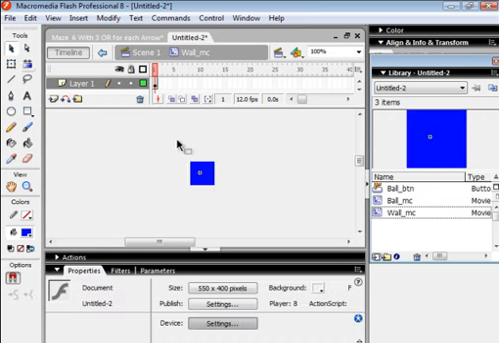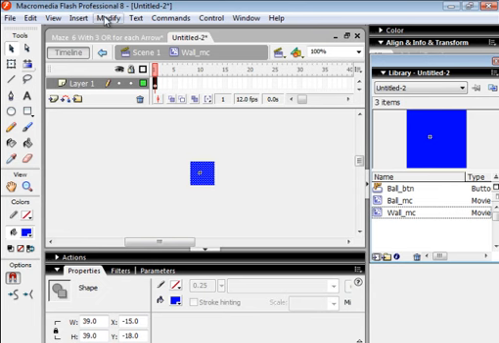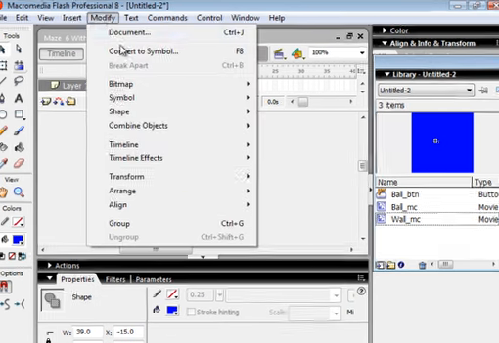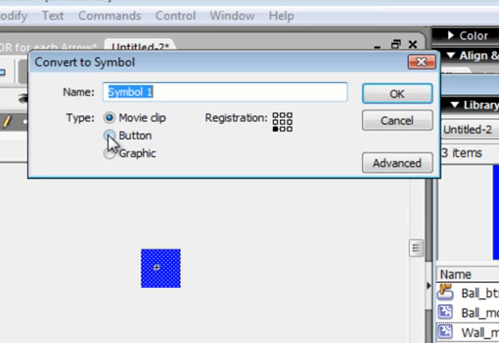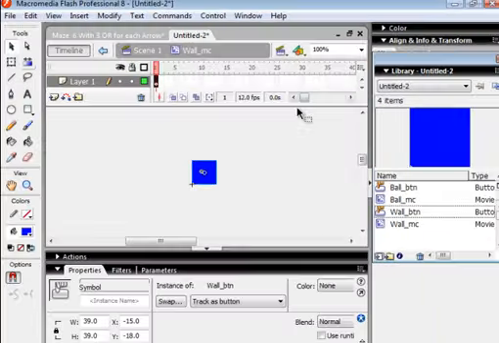Pick up my selection tool, highlight it, go up to the modify panel, convert this to a symbol. It's going to be a button, W-A-L-L underscore B-T-N. Go back to scene 1,